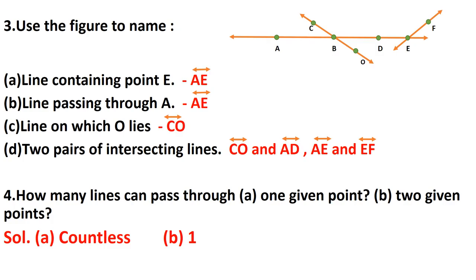The second question was, name the line in all possible 12 ways, choosing only 2 letters at a time from the 4 given. See, one line is given and on this line 4 points are also given, A, B, C and D. You have to tell the names of all the lines which are possible by taking 2 letters at a time. See the way of writing it.